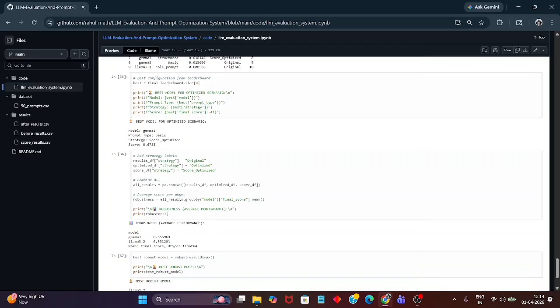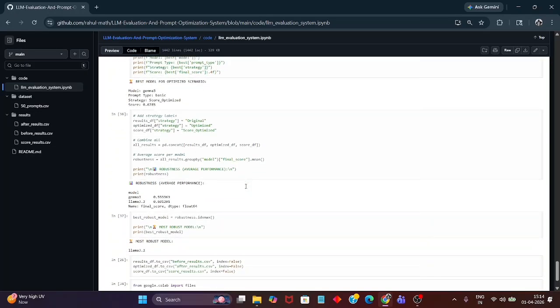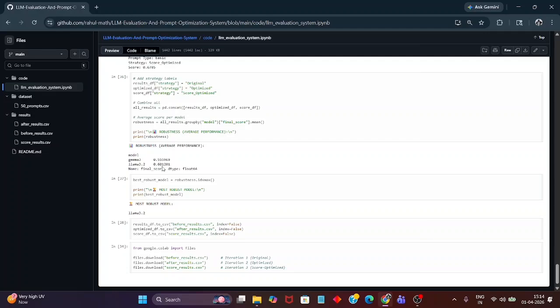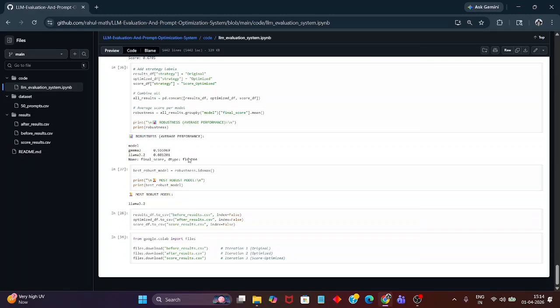But if we are looking for a model which is performing best across all three phases, that is original prompts, optimized prompts, and score-based optimized prompts, then Llama 3.2 is scoring very well, that is 0.601, which is better than Gemma 3.